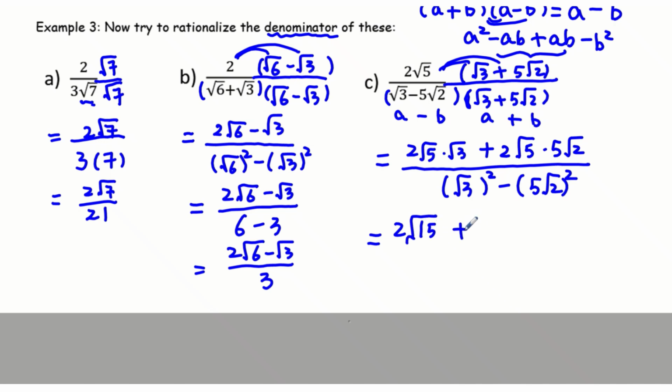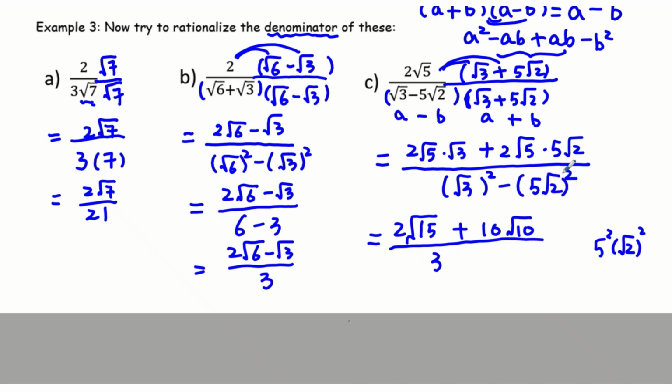Then plus 2 times 5 is 10, square root 2, 5 times square root 2 is 10. Then all over square root 3 squared is 3, 5 square root 2 squared gives you 5 squared, then square root 2 squared. So this is